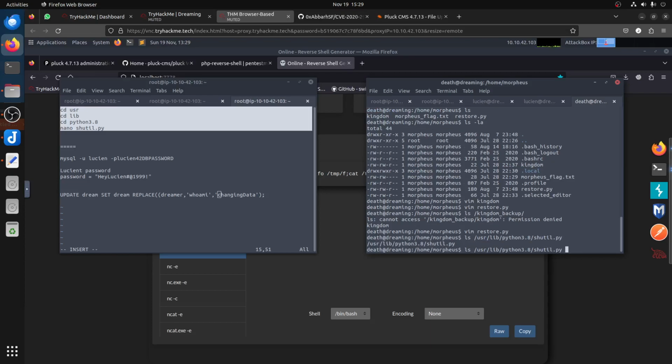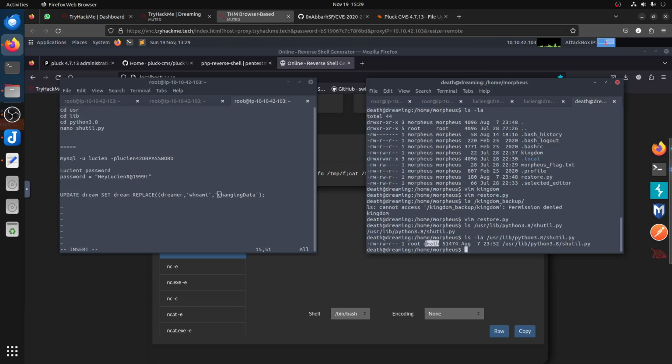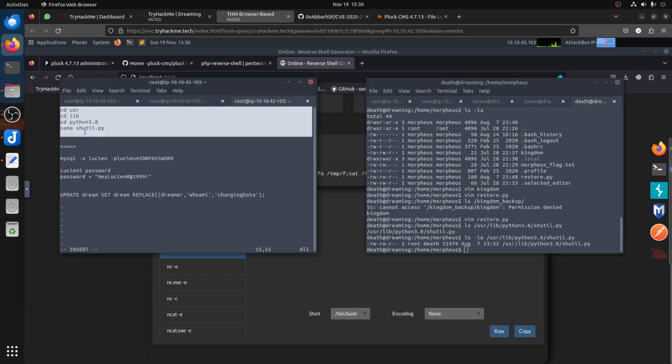Now I want to confirm the permission. It's owned by root, but the group is death, so the group can read and write, so we have permission to read and write in this. I can see what Mr. Lucian was doing there, so it gives you an idea of what we can do. Now of course,